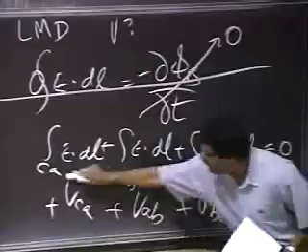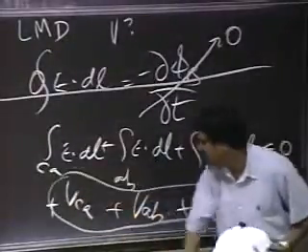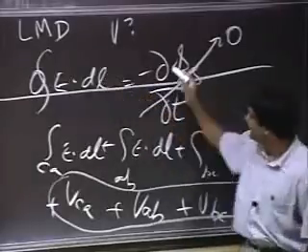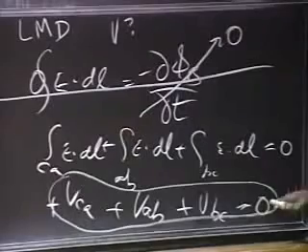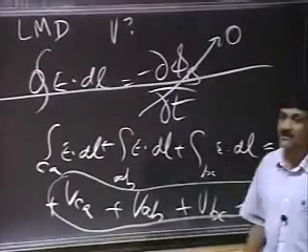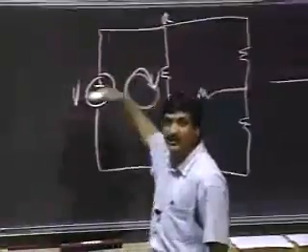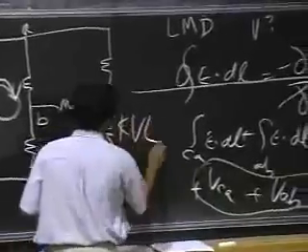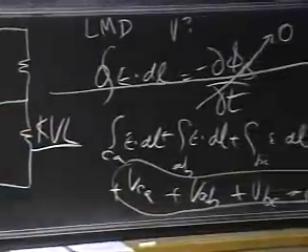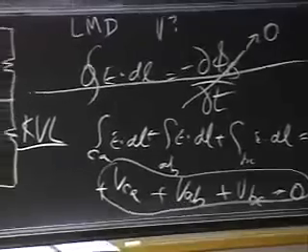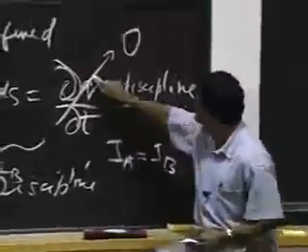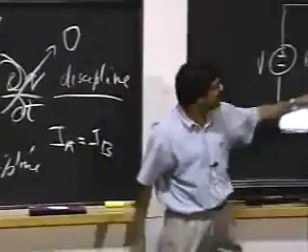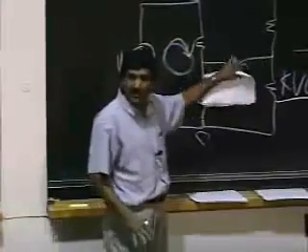So now, I can say hasta la vista to this baby here. Okay, and I can focus on this guy and say Maxwell's equation, this thing with squiggles and dels and all that stuff, can be simplified to: the sum of the voltages across a set of elements in a loop in a circuit is 0. Okay, and this is called Kirchhoff's first law, KVL. Similarly, in the recitation section, you'll see the application of Kirchhoff's current law, which comes from this being equal to 0, and all the currents coming into a node being 0. So KVL and KCL directly come out of the lumped matter discipline. And we can use those to solve circuits like this.